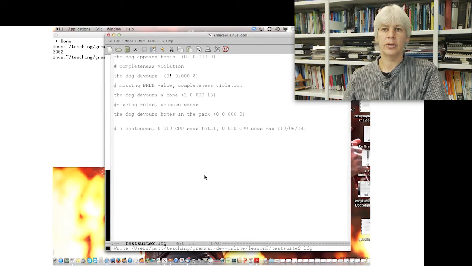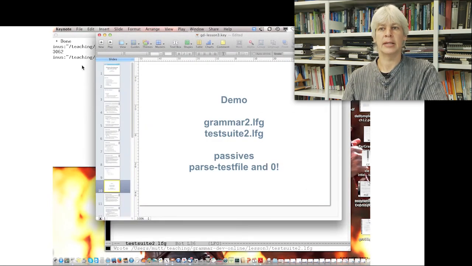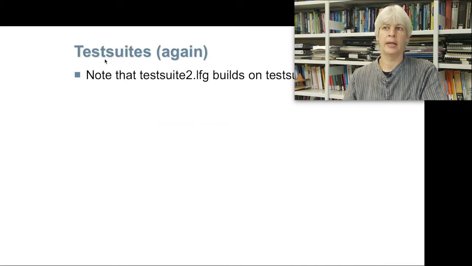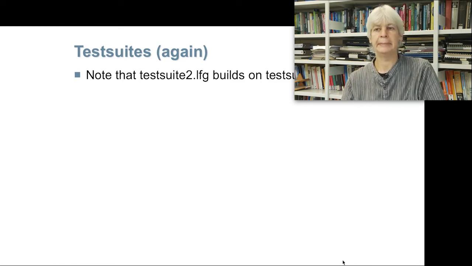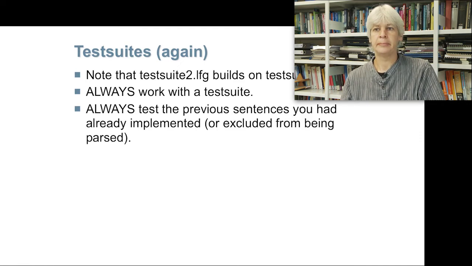One more thing about the test suite. In order for parse test file to work, what needs to happen is that you have this comment with this hash mark. Then you need a blank line, and then you need the sentence itself. If you do it like this, where you don't have a blank line, it won't work. Okay, it won't recognize that this is the sentence it has to parse. So leave a blank line like that, and then it'll work quite nicely. Okay, so that is that. Now let's go back to the presentation